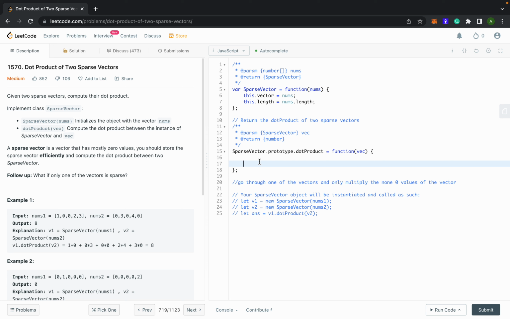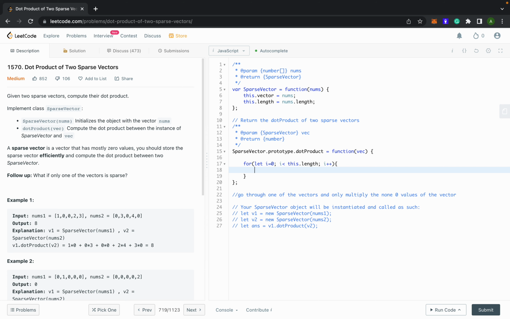So this is v2 basically. That's fine. So what I want to do is have a loop. My solution is just one for loop. Let i equal 0, i less than this.length, i plus plus, right? Because the length of this one is also going to be the same length as this one. Okay, then if vec at